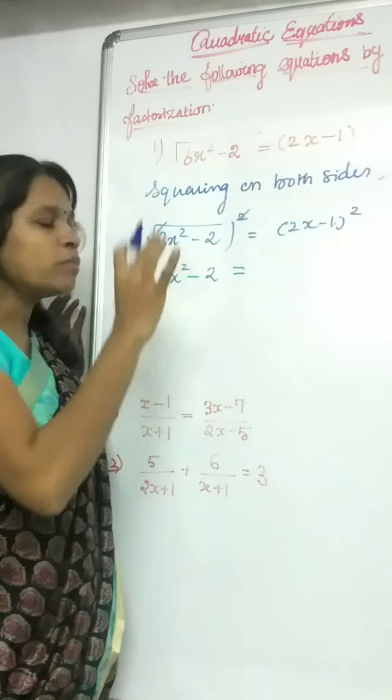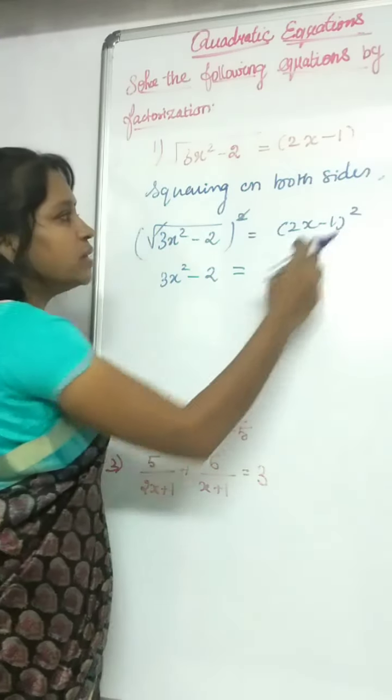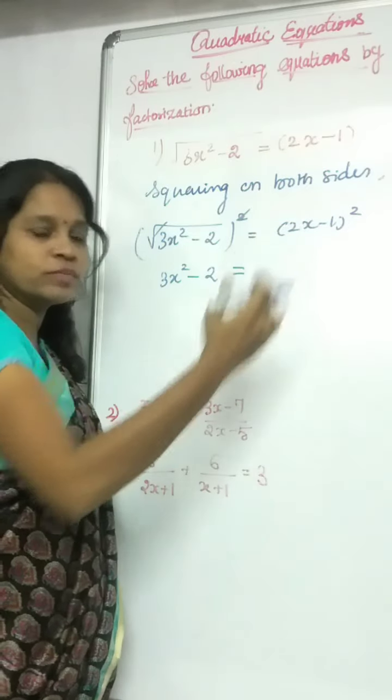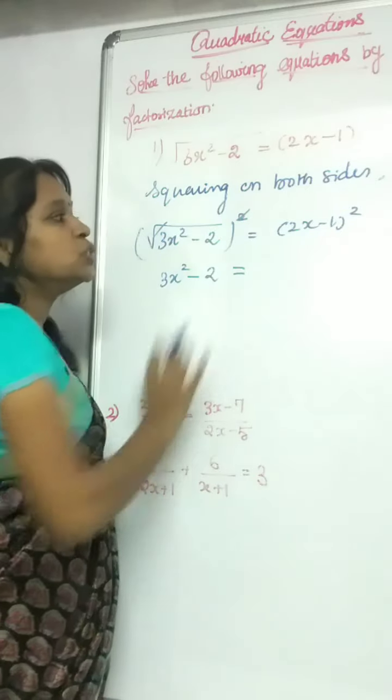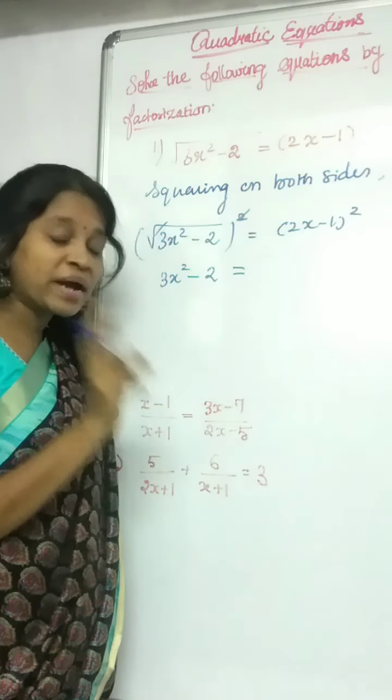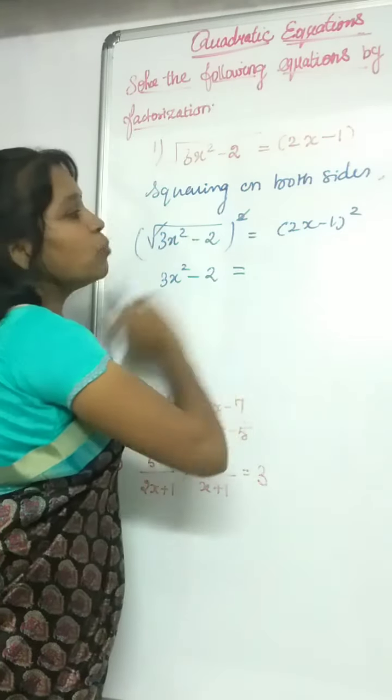And the common mistake the students are making now is that they are taking the square directly for the first term and the second term. That is the wrong way. You should not do like that. For algebraic binomial terms, you have to expand it by the identity. And inside we have a minus symbol.